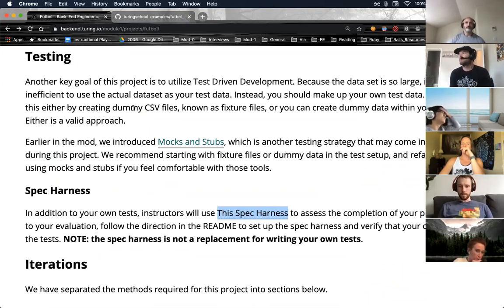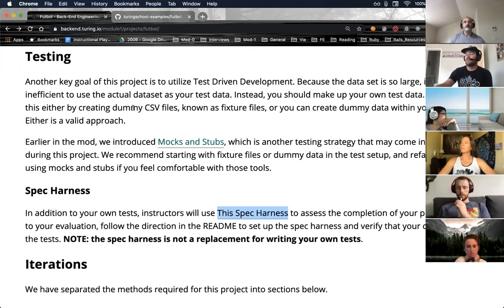This might come up later as we do the project, but Spec Harness, what does that mean exactly? So a spec is basically a set of tests. It's referred to as a spec in a lot of software circles. It's a common term. And so a Spec Harness is this idea that you can always run it and it will tell you whether your methods are producing the correct result or not.